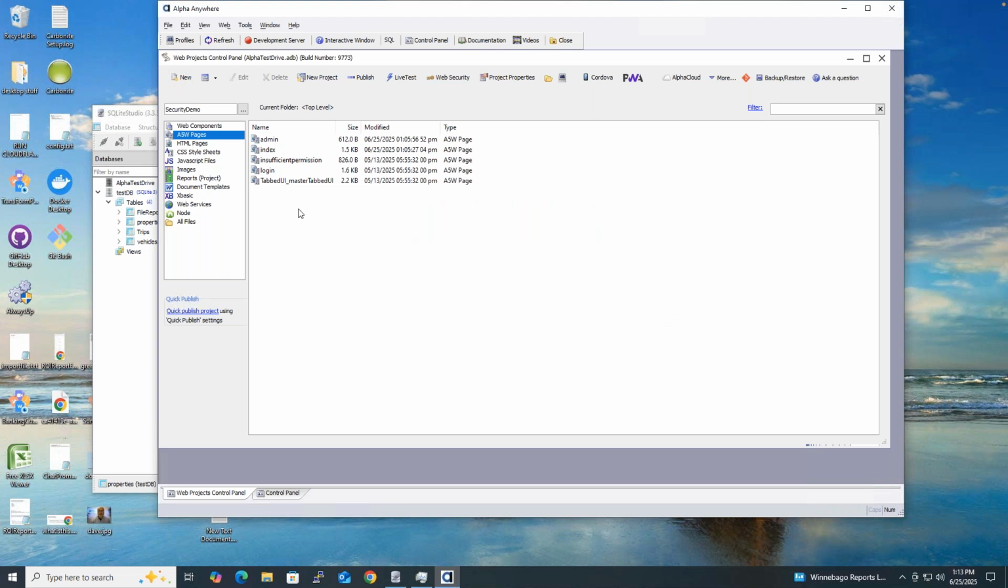Okay. Now we're going to go over here and take a look at these A5W pages. If you remember before, I made one called index and one called admin. But look, 3 more have appeared. One is called insufficient permissions, which pops up if you're not logged in or you're trying to get to a page where you don't have access. We have a login page, and we have this thing called tabbed UI, master tabbed UI, which includes a bunch of interesting tools for